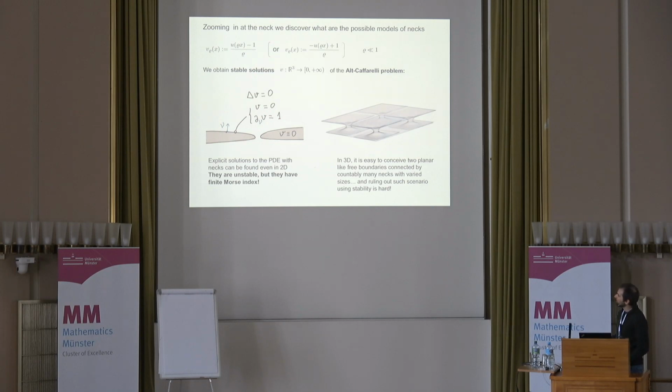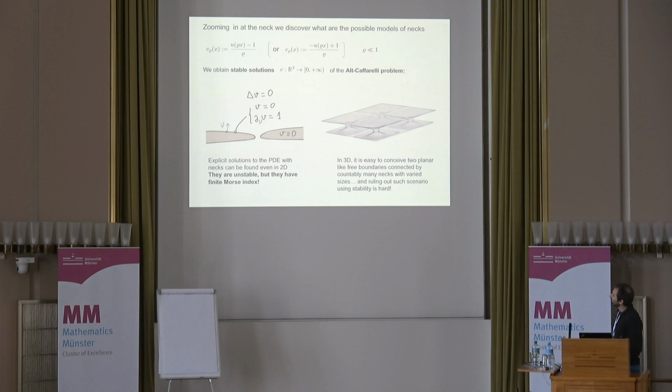Now, if you just look at the PDE, solutions to this PDE exist. Even in 2D, there are explicit solutions to this PDE. And not only do they exist, but they have finite Morse index. This means that just looking at the stability inequality is not an easy way to rule them out, because it's very borderline. When you have solutions to the PDE that have finite index, they are energetically as close as they can be to being stable. You need to use something else, some regularity at infinity or something more sophisticated than just brutal energy comparison.